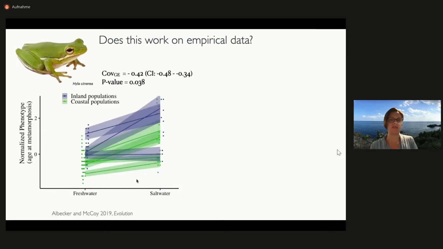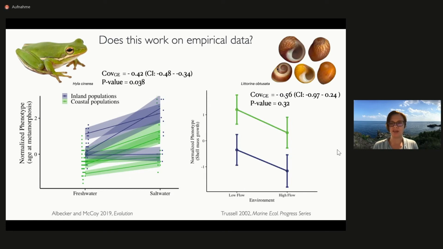We also applied this to empirical data. So here's an example from Molly, my postdoc's frog system. She had studied these freshwater tree frogs that were adapting to saltwater environments. And the pattern in her data does show significant negative counter gradient variation. And we also applied it to some of Jeff's data, my other collaborator who works on snails, and had found these patterns of counter gradient variation in these low flow versus high flow environments. But it wasn't significant by our method. And that goes back to the fact that these 2x2 designs have really low power.